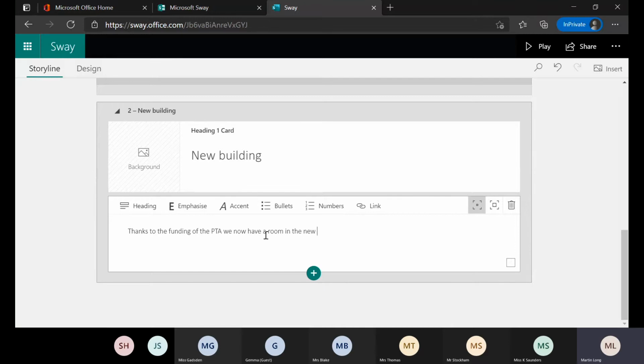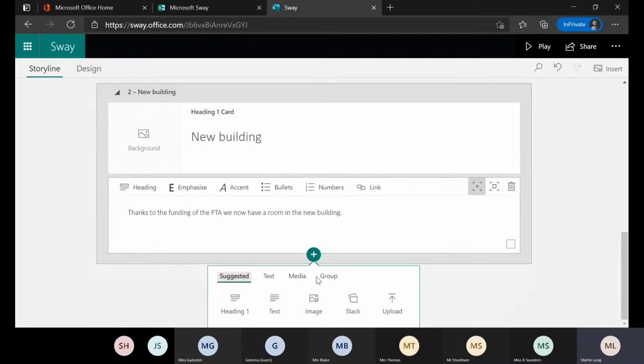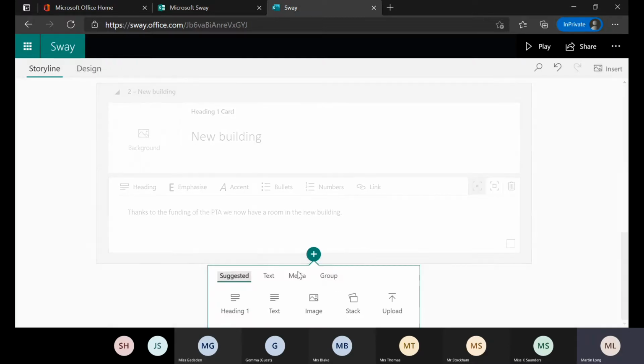New building, which is great. We're showcasing that to the parents that are going to be reading this newsletter. And now we would like to get some media in. Now I could just bring in a couple of images, but after a while, it's not quite as interesting as